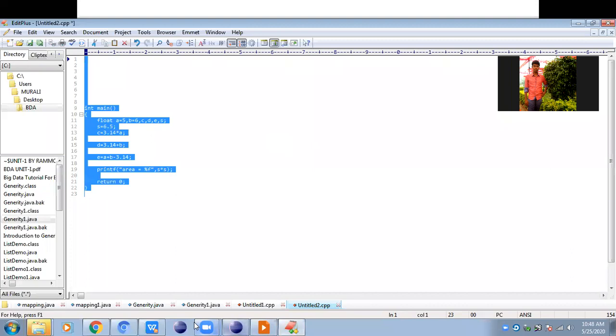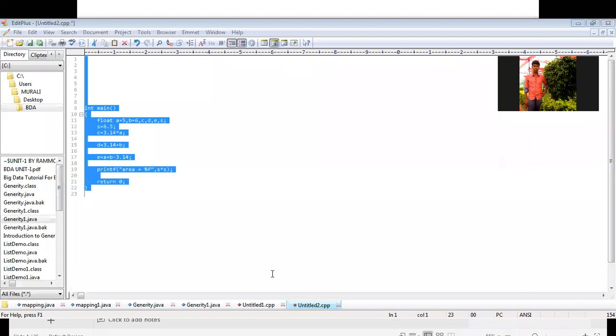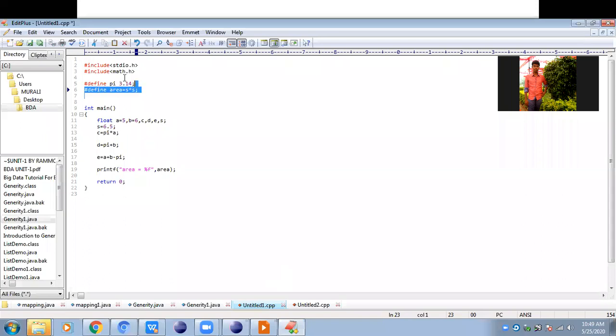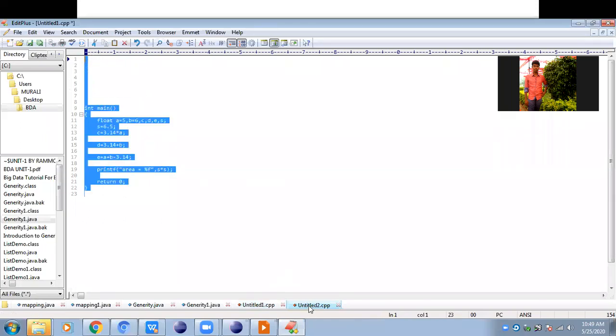Now is it clear? Is it clear, guys? What will happen in the preprocessing? The preprocessor will replace the macros. Whenever preprocessor directives are present in the source code, those directives are replaced by the corresponding codes.